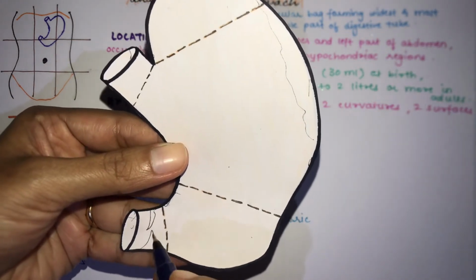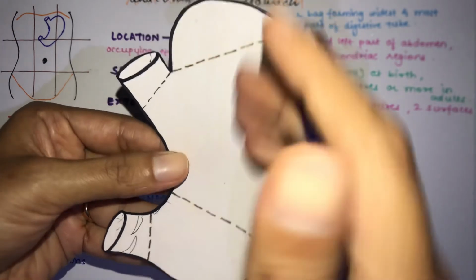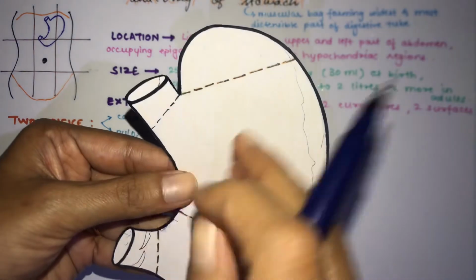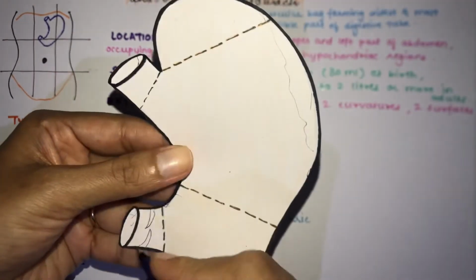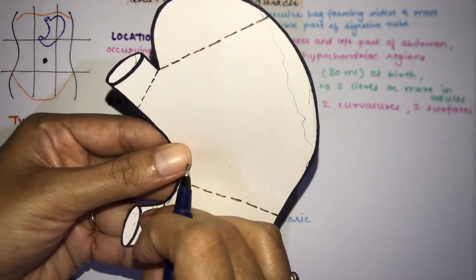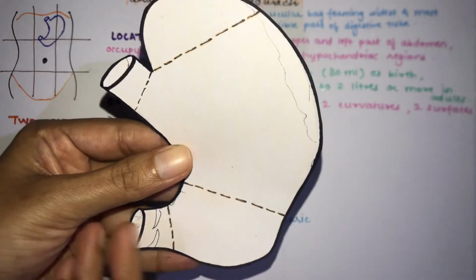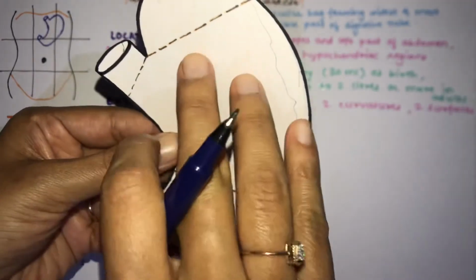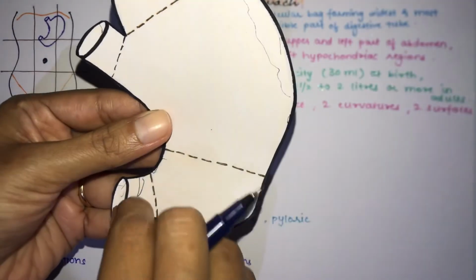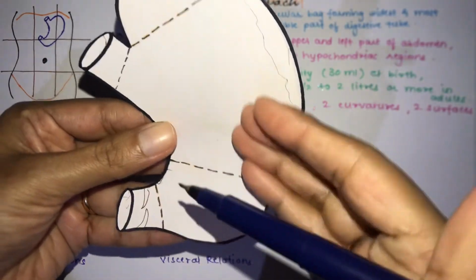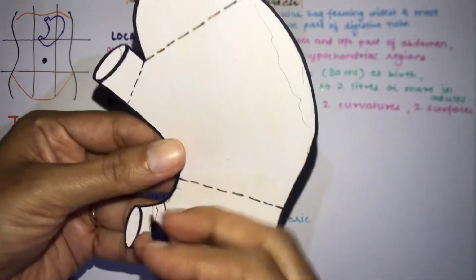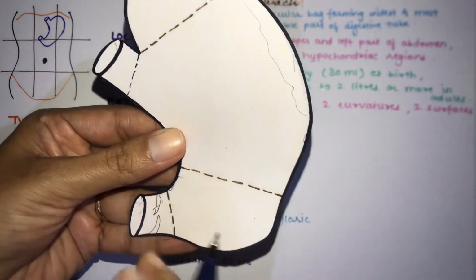So the sphincter helps in the work of moving. When the food is taken into the stomach, until it is digested properly, the sphincter is closed so that the food doesn't pass to the duodenum before proper digestion. Now as the food is properly digested, the sphincter opens up and the food is passed towards the intestine, that is your duodenum. So this is the pyloric sphincter which is present over here.